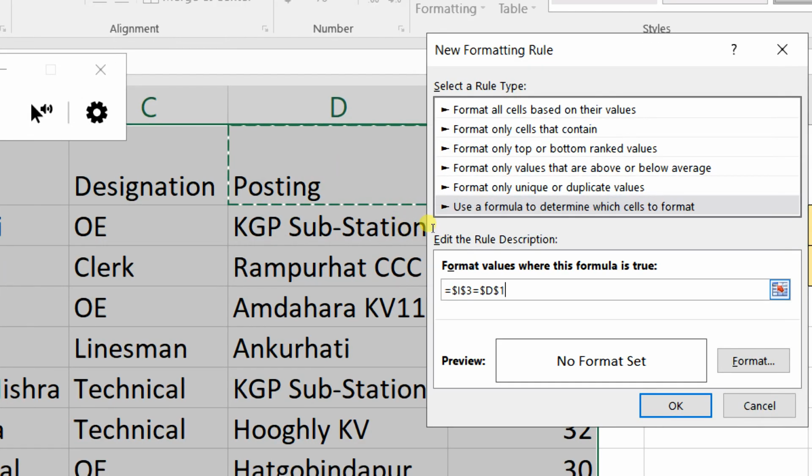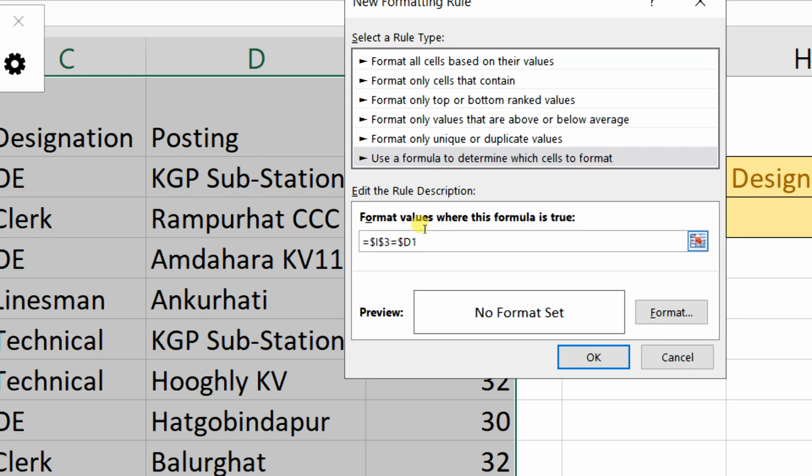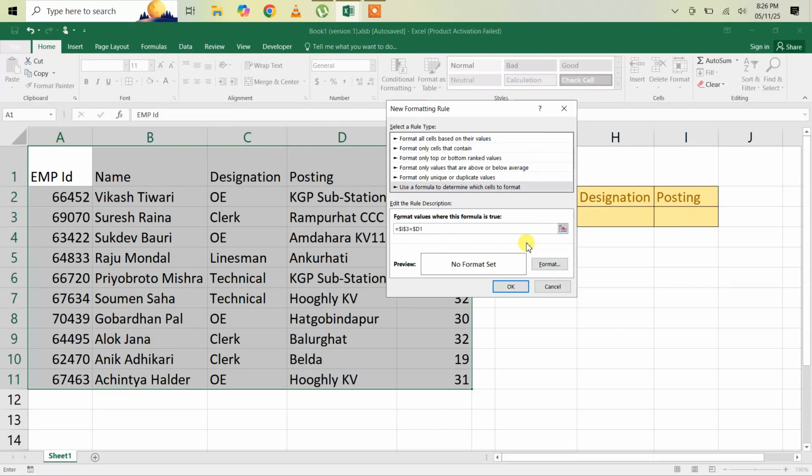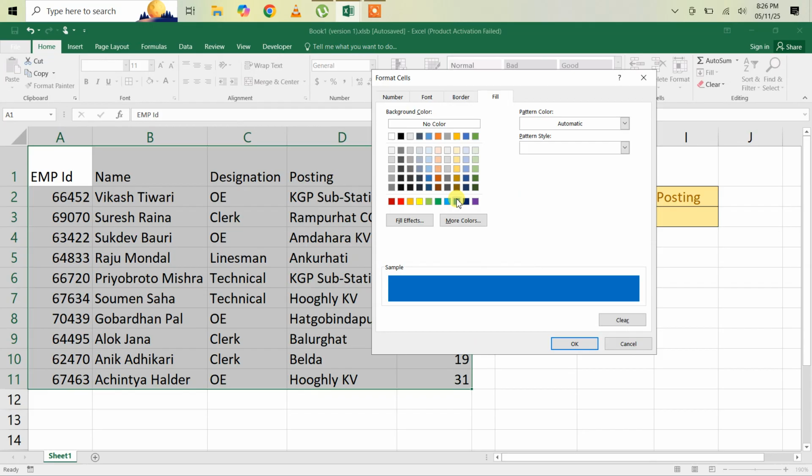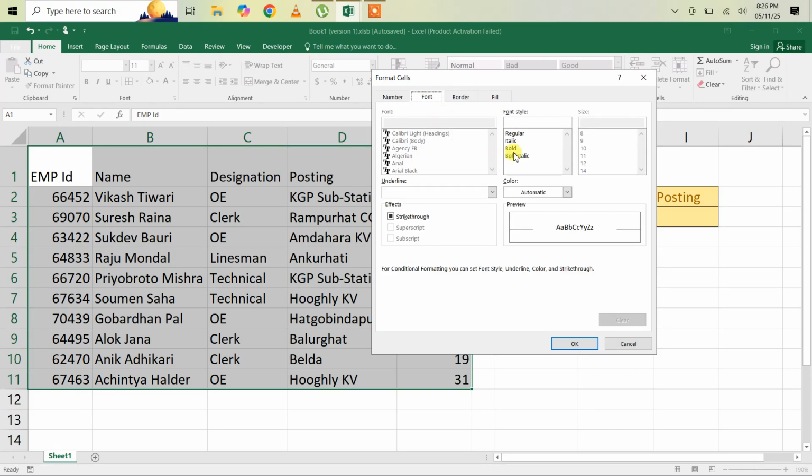If somehow the posting is not being found in D1, it would go to D2, D3. So I am fixing the column while the row number might change. So $D1. Now we'll be going to the format section, and we'll be giving a fill color, maybe blue, and from the font section, bold italic,